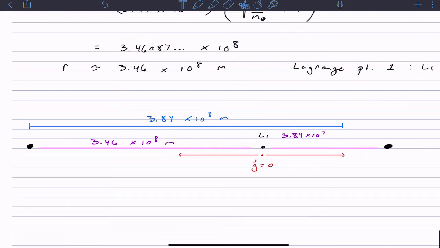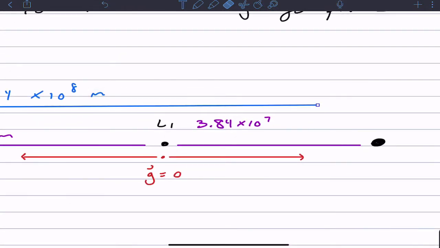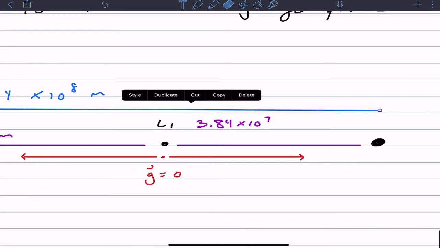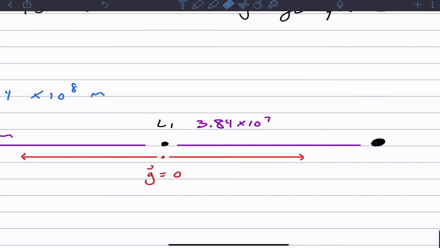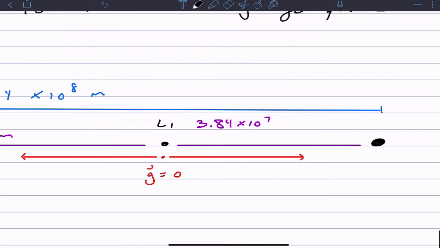Next problem. I just noticed that this wasn't quite long enough. Okay. Alright. 12, 13, and 14 on page 240. So we're asked to